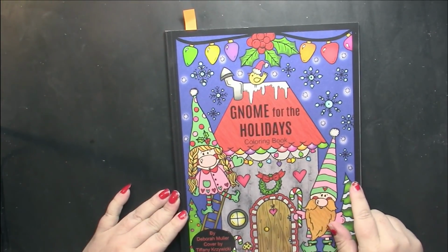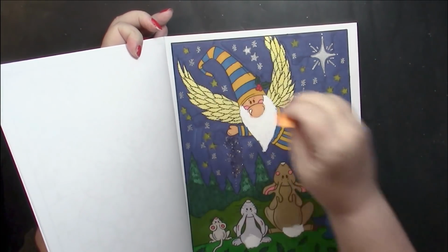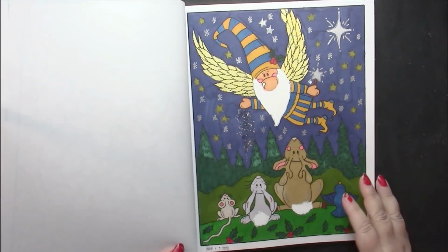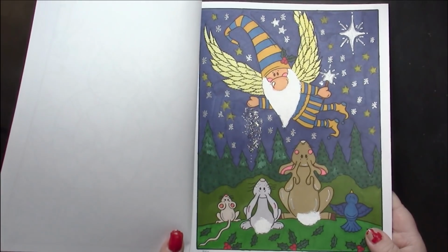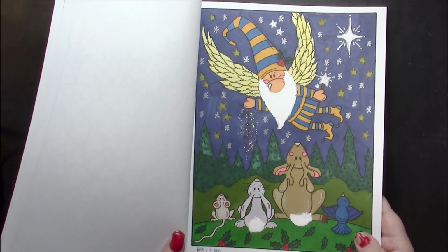And the other one is Gnome for the holidays. And I did this one, which I really like. I like how this one turned out. So this was done in alcohol marker. And let's see if we can, I need to hold this up. Yeah, alcohol marker, the star in the sky and the wand are,